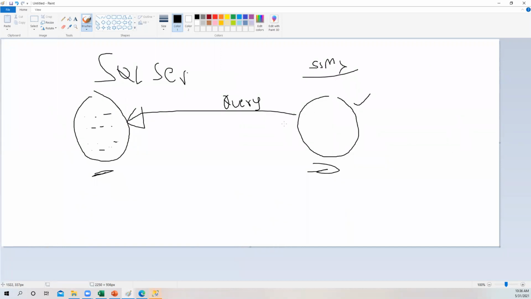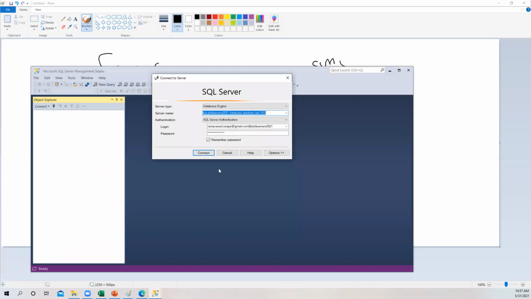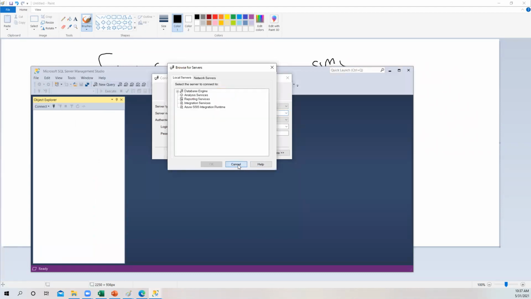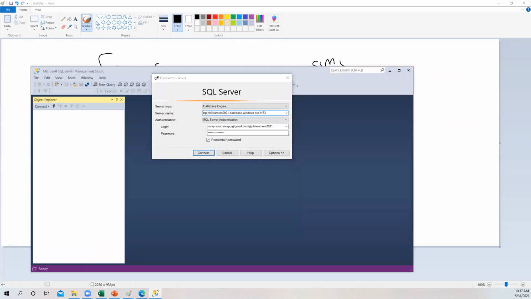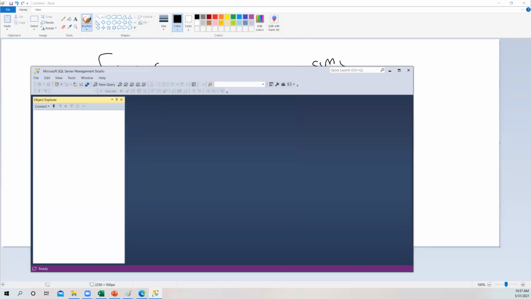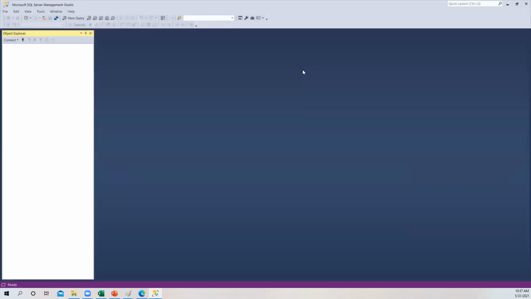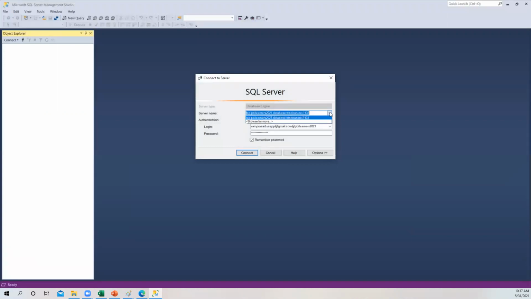Now, in the address bar, let us give the address of this SQL Server and connect to it. Once I open it, it is showing the previous connection. Okay, now I do not want to connect to that one. I want to connect to a different one. Let us close this. This is the window which is open for me, guys. Connect database engine. But how do you know what is the database engine of your system that you installed?